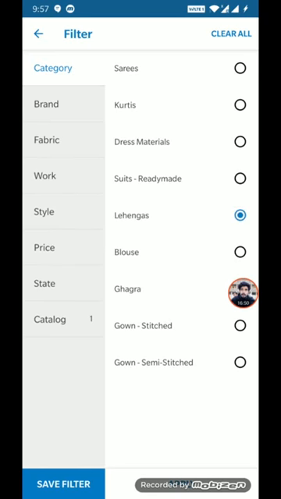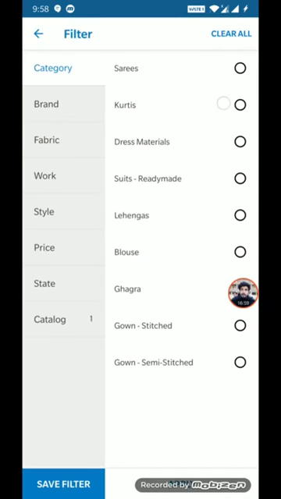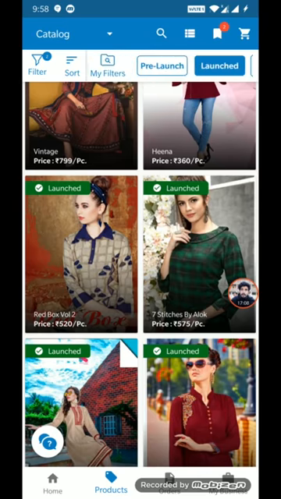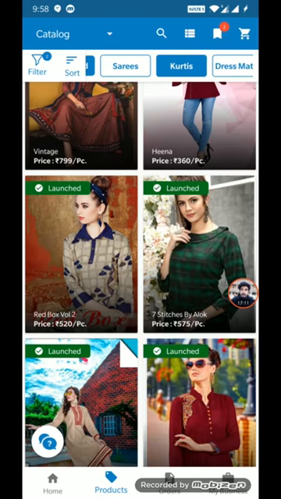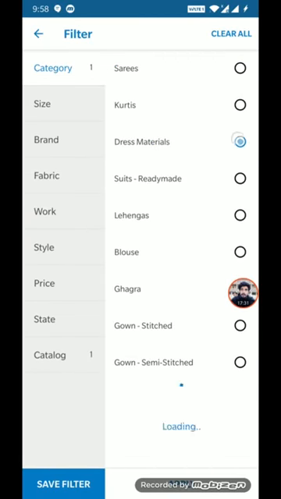Moreover, I didn't select any, still it is showing everything. Why? If there is no filter, that's okay. If I have chosen any filter, why does it just show everything? Let me select kurti and apply, and I don't know why it is still showing everything. What's the point then? At least these should be used as a Pinterest option, like when we search unboxing, Christmas, gifts, and they are hashtags. So these should be used as hashtags there,